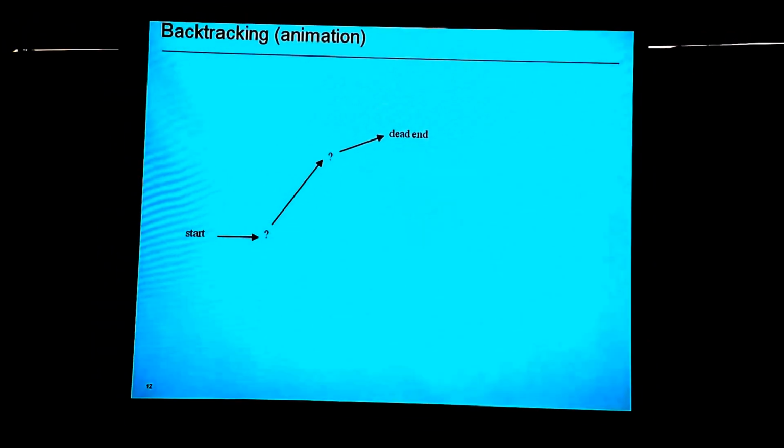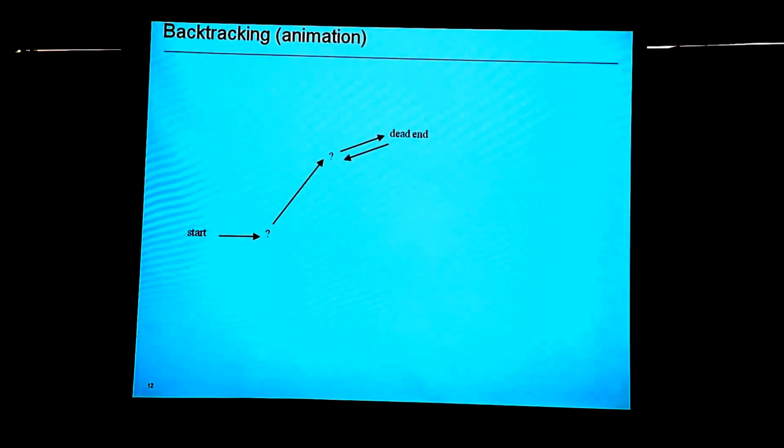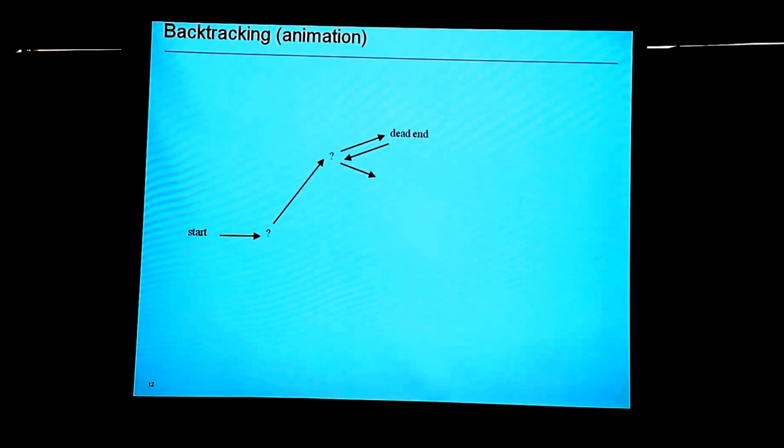Essentially, backtracking is like this. You start from a root node, try to go to some intermediate node, and then explore all the intermediate nodes, one at a time. We start from here and see that this is a dead end, so we come back to the node just before the dead end and start exploring what was before, and go there.